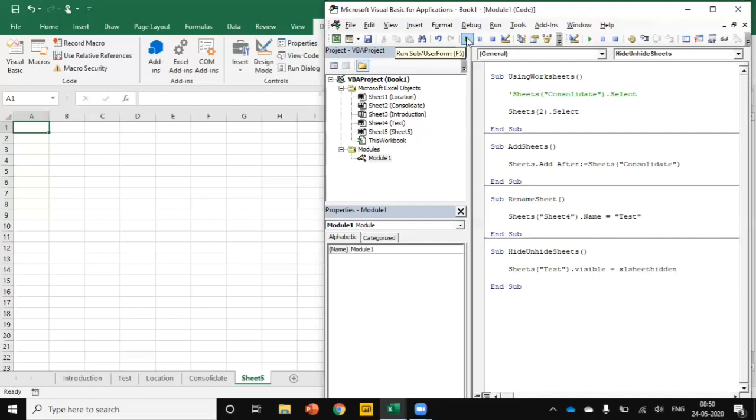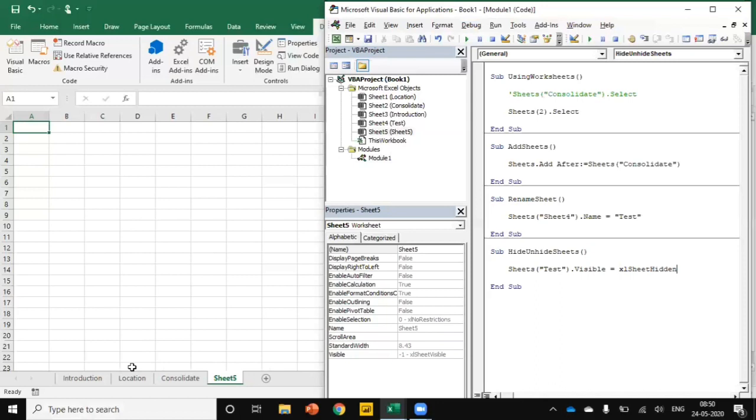Now if I run this subroutine, then the particular sheet will be hidden. If I want to unhide this one, xlSheetVisible. If I run this subroutine, then the particular sheet will be visible.